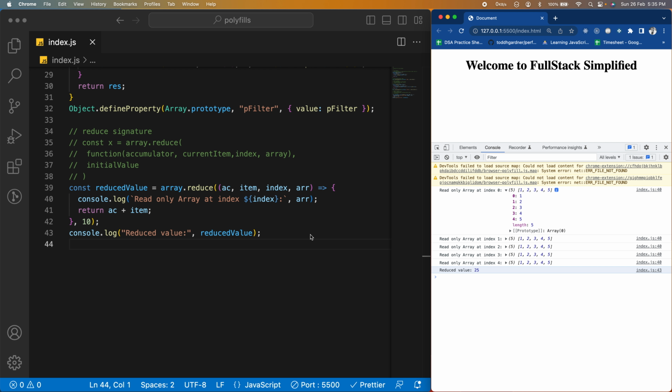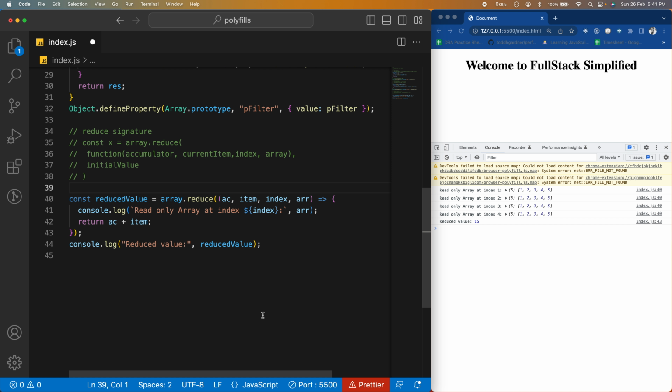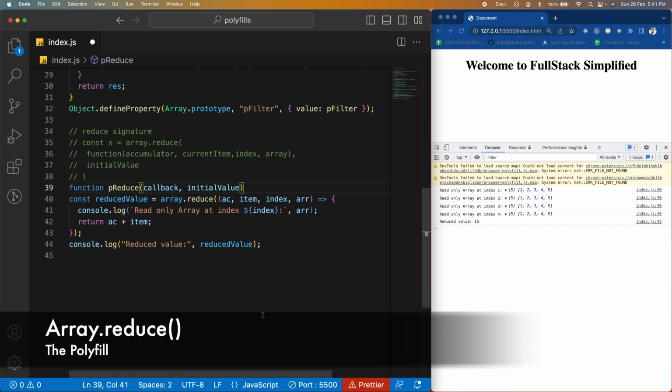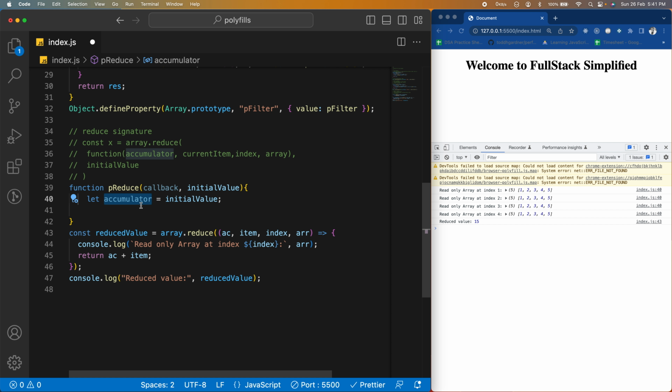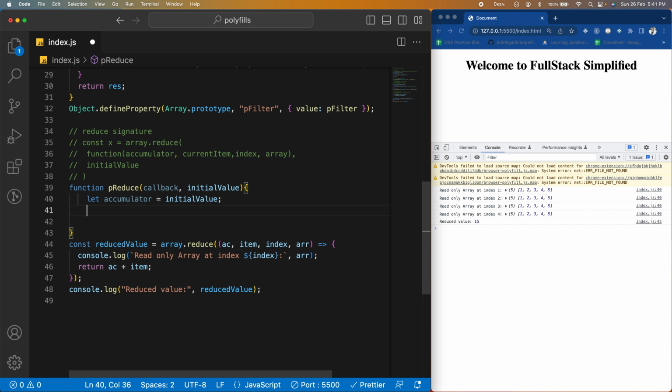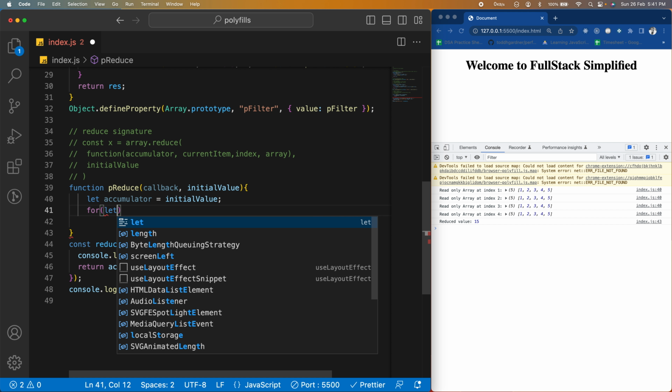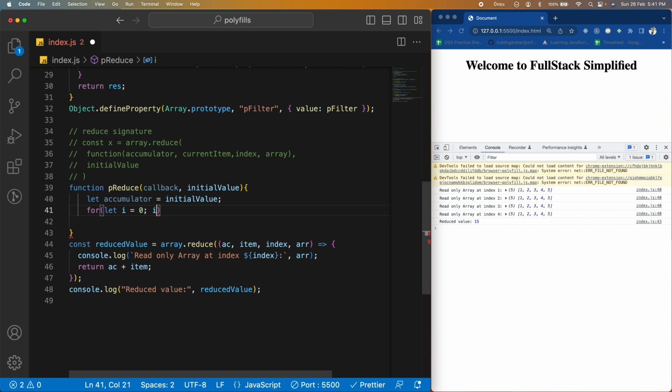Now let us try to understand more and write a polyfill for this particular reduce function. For this, I'm going to create a function called p-reduce, which is going to have 2 arguments, the callback and the initial value. And inside this function, I'm going to have a variable called accumulator, which I'll equate to initial value. So if the initial value is passed, the accumulator will have its value, else it will be undefined, right? Now next I'm going to use again a for loop. So I'm going to say let i equals 0, till i less than this.length, i plus plus,